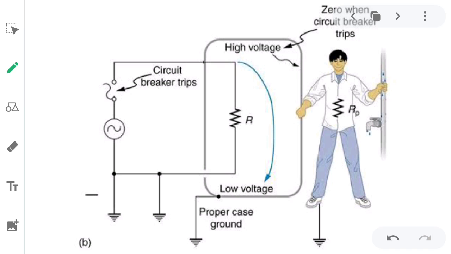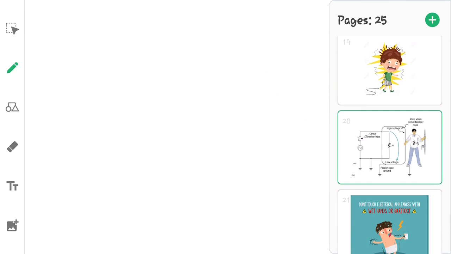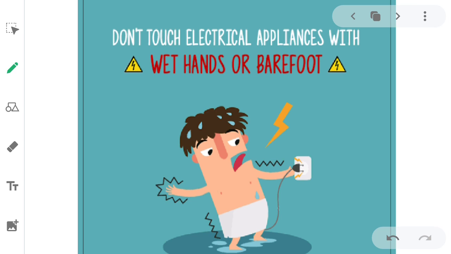ताकि अगर स्विच ऑफ कर दिया जाए तो फिर इंसान बच जाए। हम लोगों को कभी भी भीगे हुए हाथों से टच नहीं करना चाहिए इलेक्ट्रिकल अप्लायंसेस को। ठीक है, क्योंकि भीगे हुए हाथों से टच करने पर शॉक लगने के चांसेस बढ़ जाएंगे। ठीक है। Then the fuse should always be connected in the live wire of the circuit. फ्यूज हमेशा लाइव वायर के साथ कनेक्टेड होना चाहिए और फ्यूज भी प्रॉपर रेटिंग का ही होना चाहिए। ठीक है,